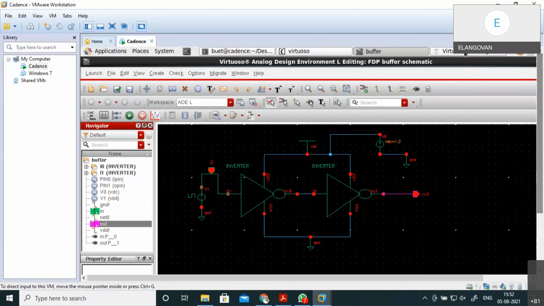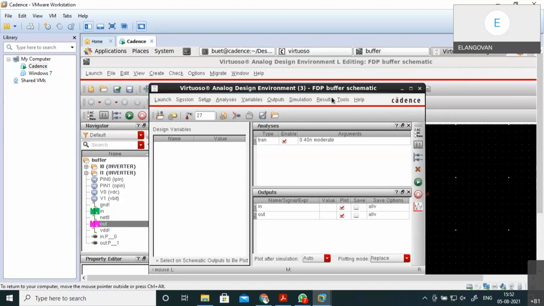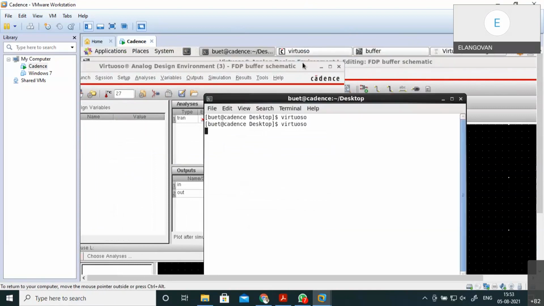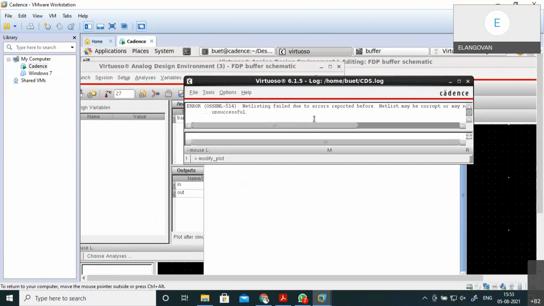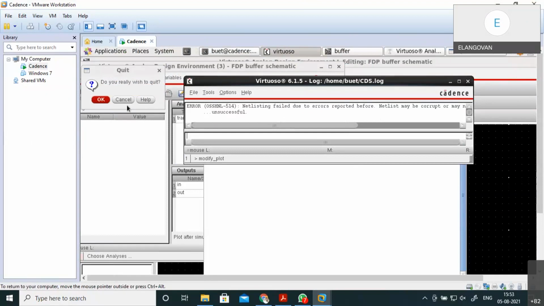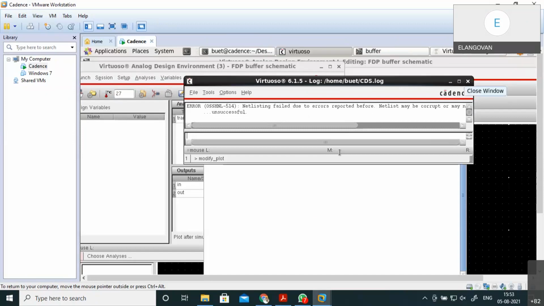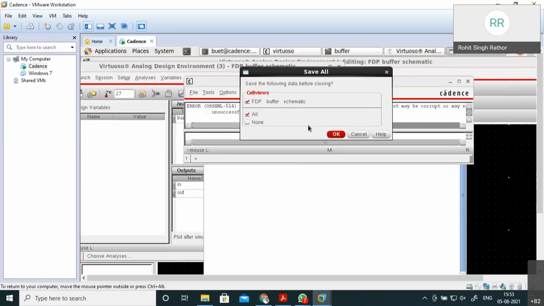Let me check whether notes are fixed. Yeah, now it's coming. So you can do this. I'm running this. Let me check whether I have any error. Netlist failed due to errors. Reported netlist will be corrected. Wait, I'll check once again.